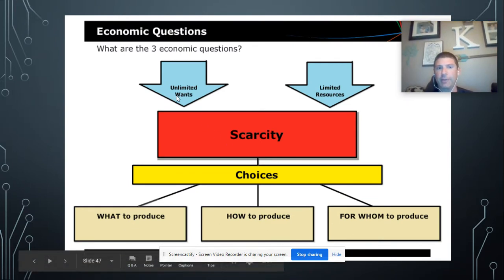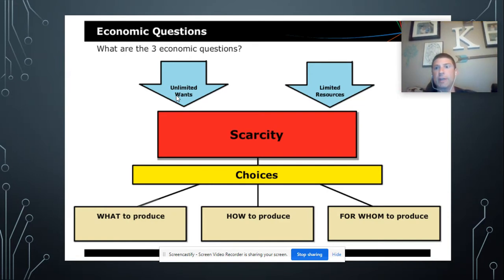But I like how this is set up because it talks about how we have unlimited wants. We can all think of just additional things that we'd like to have. Maybe that's a snack right now, or maybe we need new highways, or we need a new technology advance. We need cars that run purely on electricity, or we need to eliminate fossil fuels and only have solar and water power. There's always something that we need.